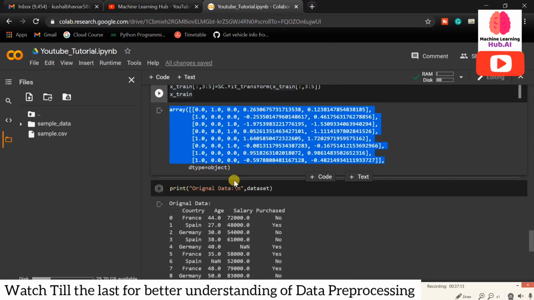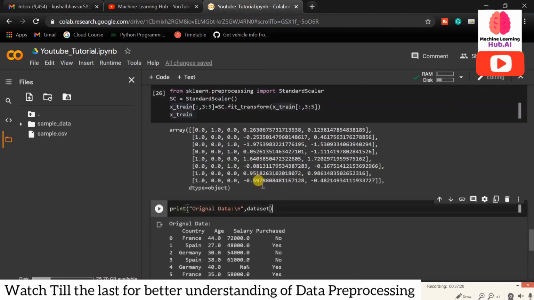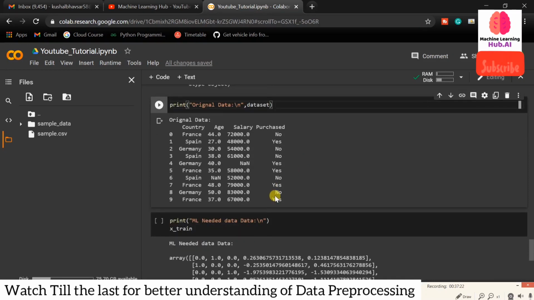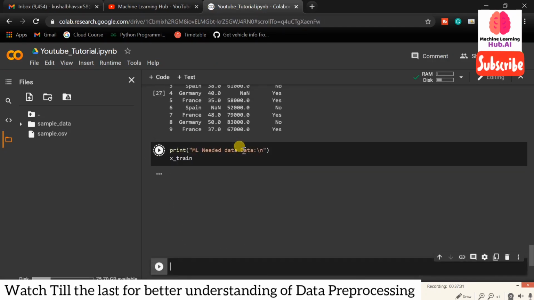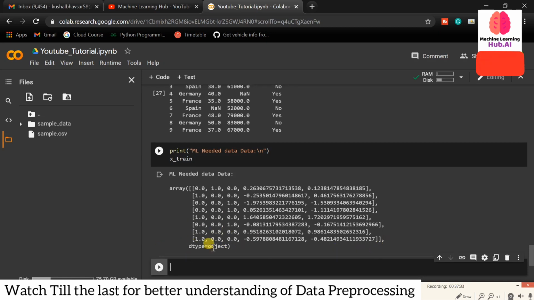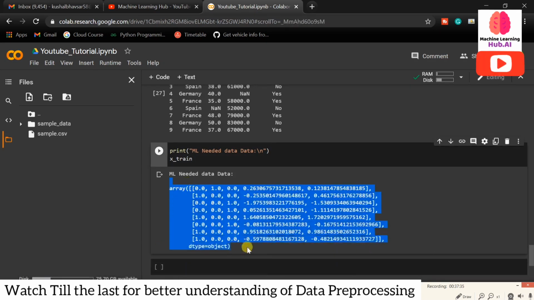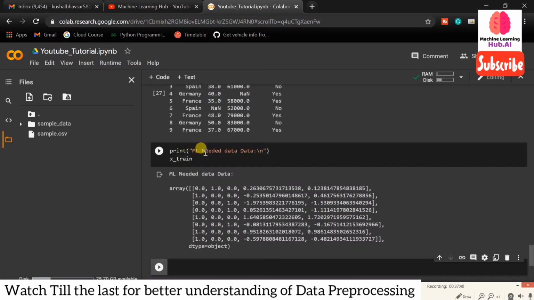Now actually in this video I'm not going to implement the machine learning, because the video will be very long. Already 37 minutes have passed. So in the starting of the video our data was something like this, the original data, and at the end of the video we have done the data preprocessing on our data, and now our data is something like this. This is the perfect data for the machine learning model, and from this column we can import our machine learning algorithm, and we can feed this data into our machine learning model.